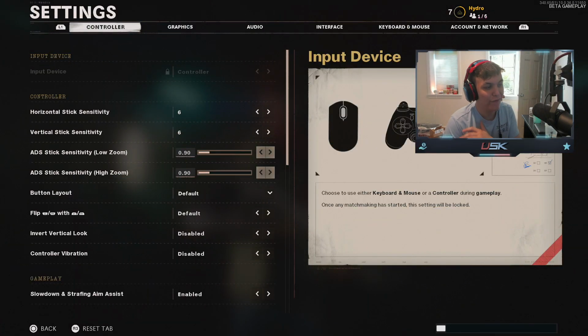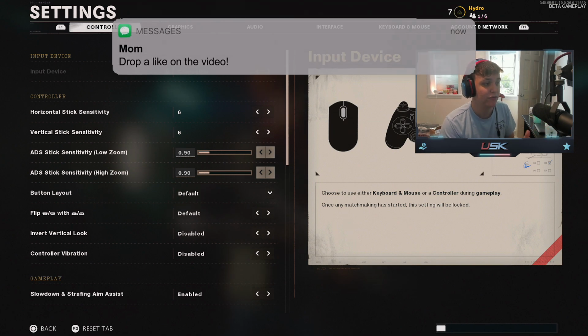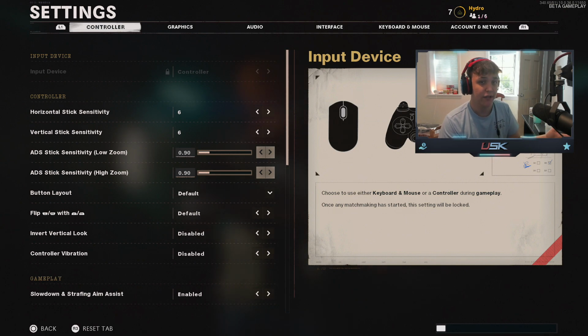All right, so starting off on my controller settings real quickly, one thing that I do want to say is that this layout of the settings probably looks very familiar, and that's because it is almost identical to what you would see on Modern Warfare. They're starting to make things a little bit more identical, I think, just so there isn't any confusion. So if you see any similarities between Black Ops Cold War and Modern Warfare, that's why. They have a lot of the same settings right now in the beta, and they actually added a lot of things in the beta from the alpha. So I'm actually very excited about that.